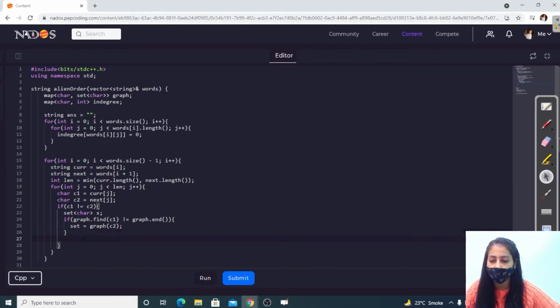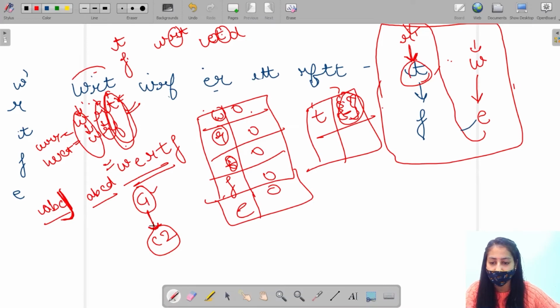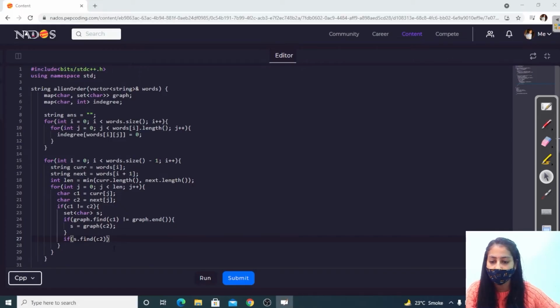But if it is not present, the name of our set is S here, right? We have to check if C2 is already present in the neighbors of C1, right? So if C2 is already present, then we have to do nothing, right?